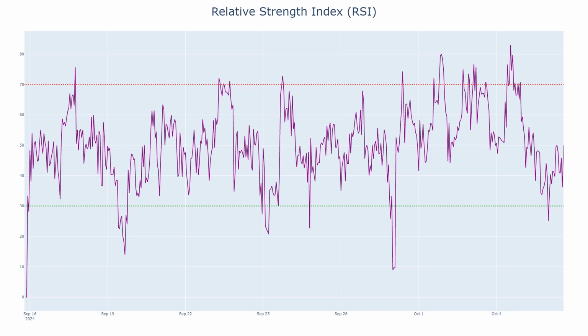Relative Strength Index, RSI. The RSI for USDTIDRT is currently at 50, indicating a neutral state. It suggests that the coin is neither in an overbought nor oversold condition. Over the past week, whenever the RSI crossed above 70, signaling an overbought condition, the price experienced brief pullbacks. Similarly, when the RSI dipped below 30, reflecting oversold conditions, the price found support and rebounded. At its current level, USDTIDRT could go in either direction, with close monitoring needed to see if buying or selling